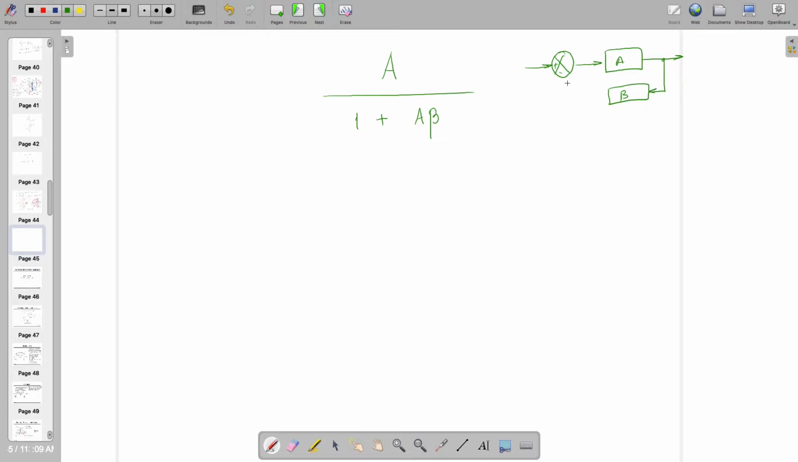If you are connecting in feedback like this, it's A by 1 plus A beta, and as A tends to infinity, this entire transfer function H(s) is actually 1 by beta. So it depends only on the ratio or whatever you are keeping as feedback, that is going to work. This is already known theory to us, and that is what we are doing in Opamp. Even though this is infinite, this gain you are approximating